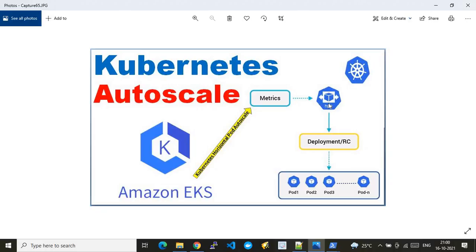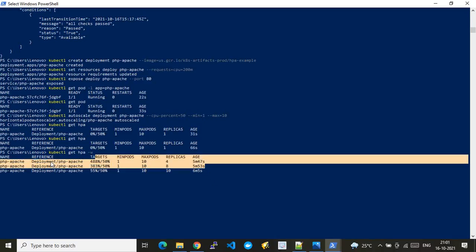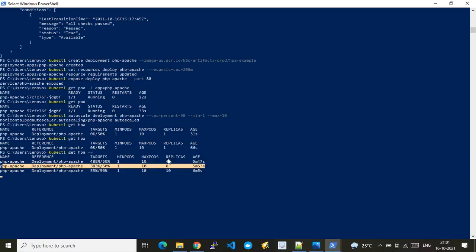In the sense, when the CPU usage increases beyond 50%, it has to automatically scale one pod at a time. And we also gave the target, in the sense that a maximum of 10 pods can run. Okay, so that's the reason we see that it has already run 10 pods now. And that's where we see the count standing at around 10 pods. And that's all. I have successfully shown you the things to be shown here.